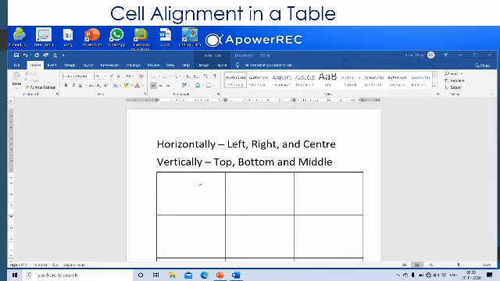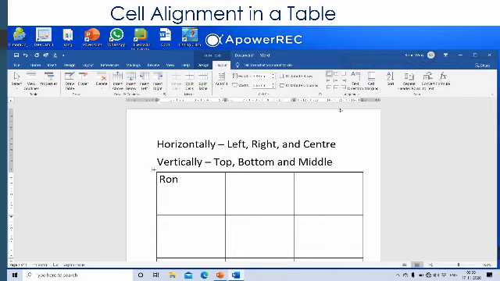So this is how we align. We'll now do it and see. Okay, we'll align this text drawn in this first cell. So we'll go to table tools, and in table tools we'll click on the layout tab. In the layout tab here we have alignment. So they have given alignments here. The first one is top left, where it is now in the cell.